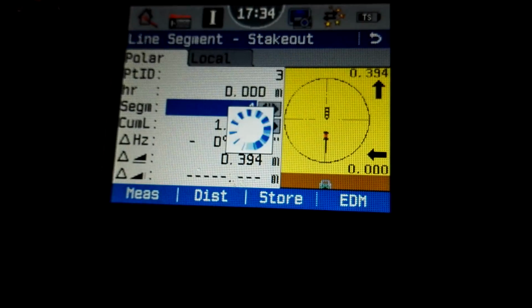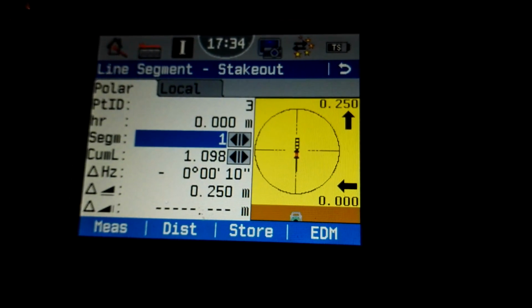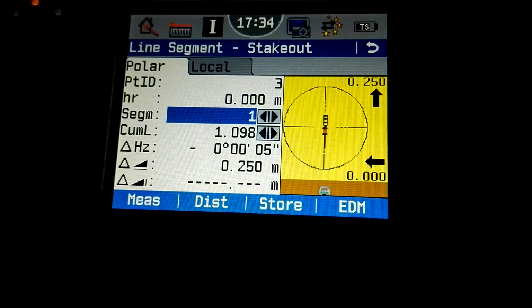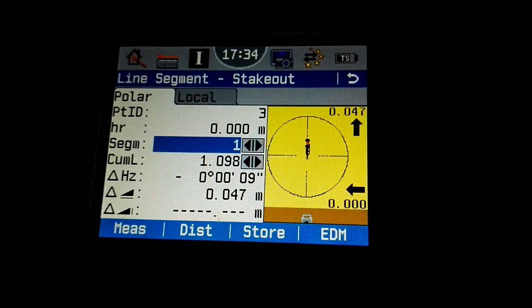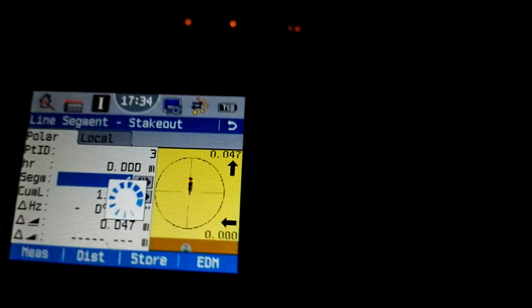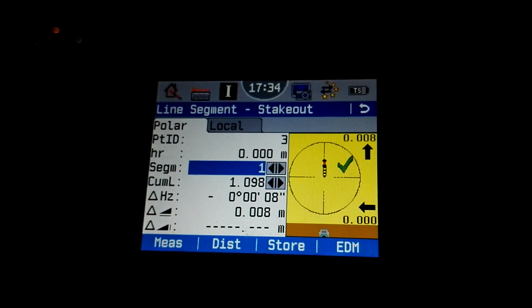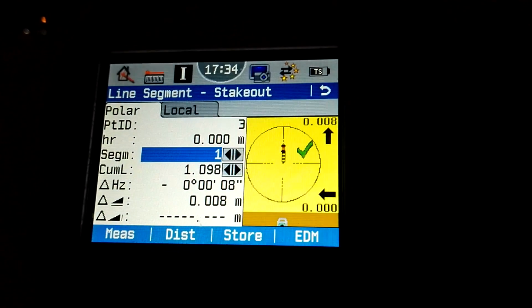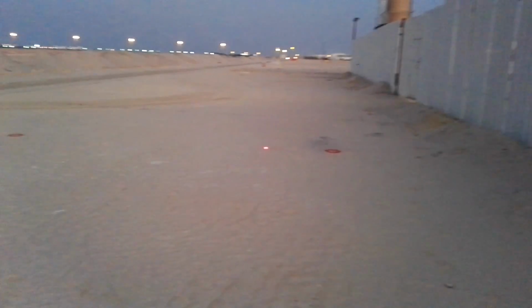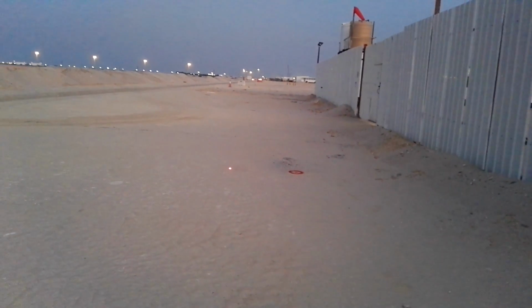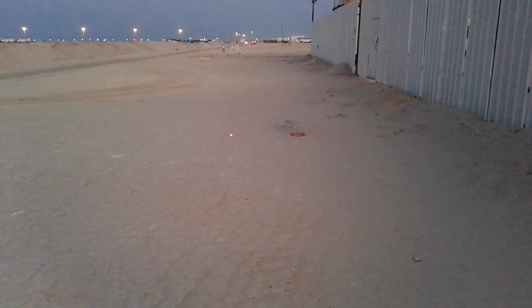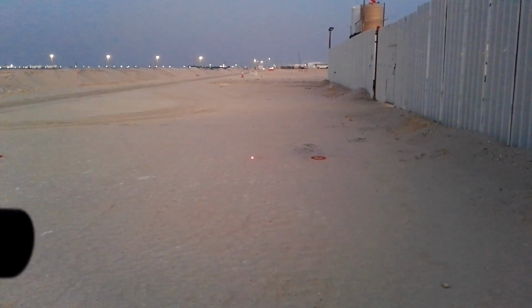And then I'll press F2 again for the distance. Now I need 25 centimeters again because I'm just hitting the ground. I did not measure anything. So again I'll press F2 for the distance. So it means I need 5 cm more. So now I've almost reached my required distance. As you can see on the ground, here I have a first point, and there is the second point, and in between, the laser location is my first segment. That is the way how we can make the equally segments with the Leica total station TS09 plus.